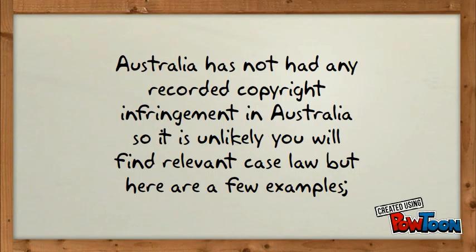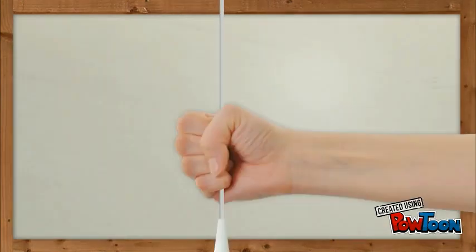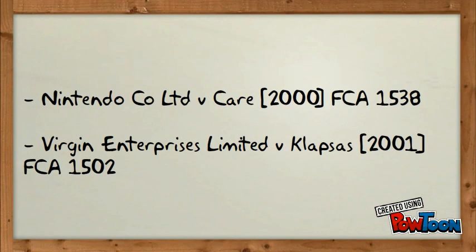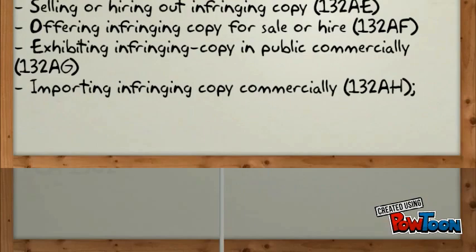Fines and copyright infringement cases are very uncommon in Australia, but here are a few examples. In 2000, the Nintendo trademark in Super Mario allowed the company to prevent a person from dressing up as Mario when wrestling. And in 2001, Virgin obtained a judgment to prevent people from trying to sell Virgin limousines or Virgin rentals as they didn't want the adverts to confuse people.